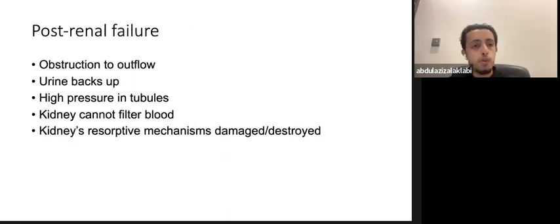Now, for post-renal failure, this is due to obstruction, as we said before. And the obstruction has to be bilateral and blocking on both kidneys. And you're going to have backing up of the urine. Now, what this does is going to cause high pressure in the tubules, which will cause decreased filtration of BUN and creatinine. So this is the